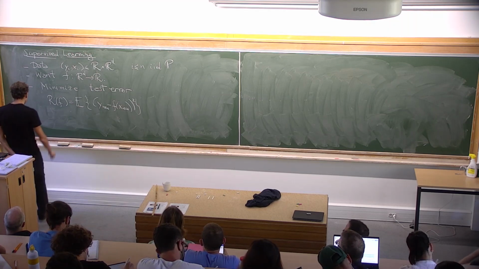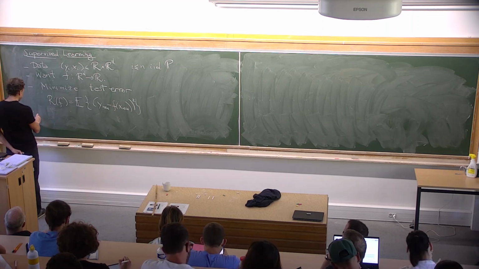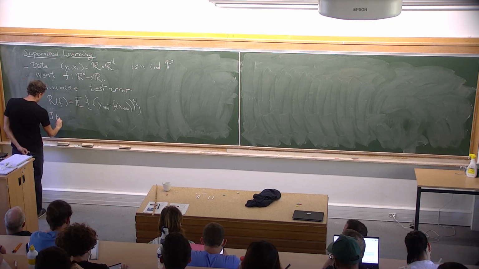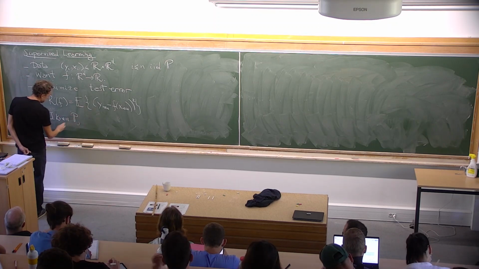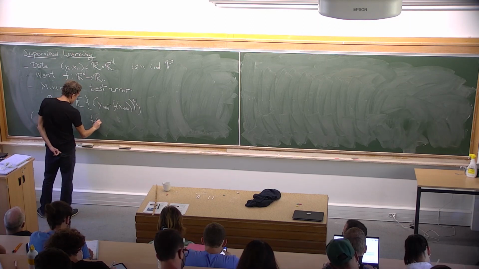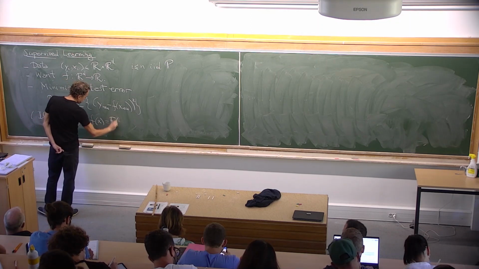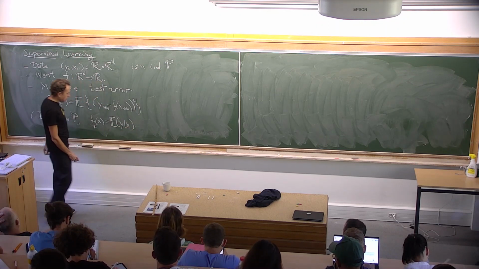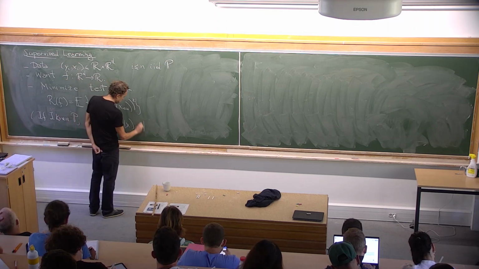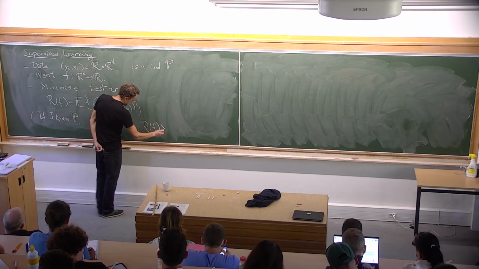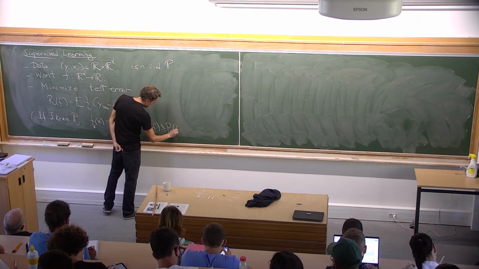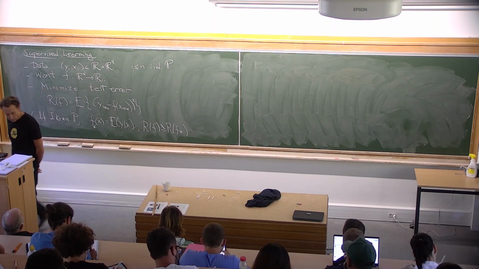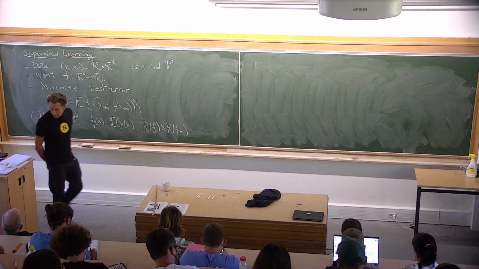Of course, trivial remark, if I knew the distribution P, then things would be easy. I would just take f(x) equal to the conditional expectation of y given x. So let's call this f star, and this, of course, minimizes the risk. For each f, with strict inequality if f is different from f star.